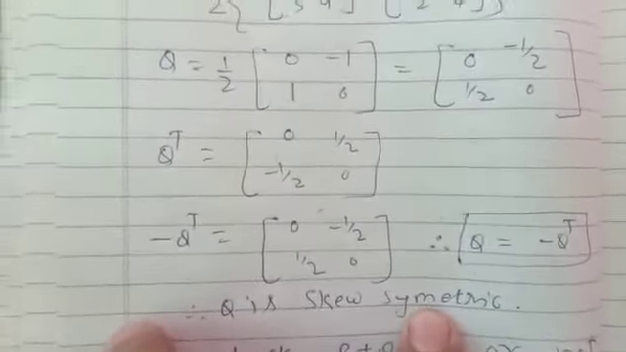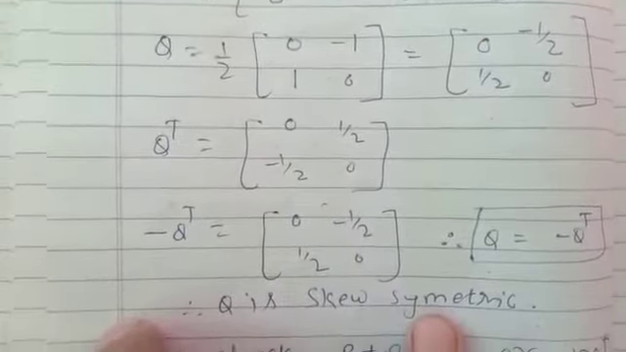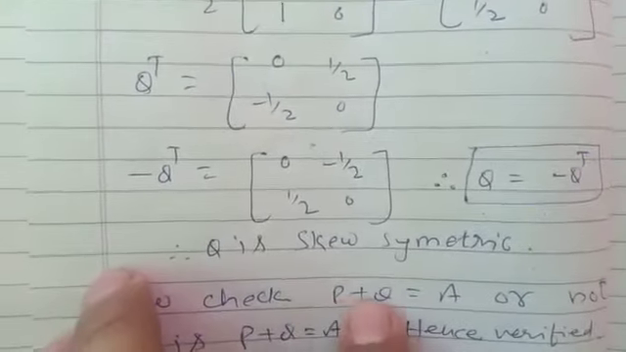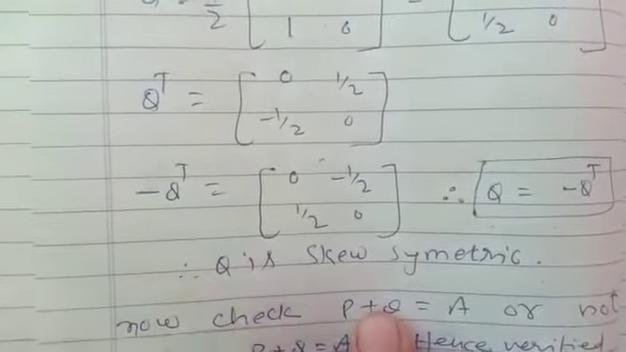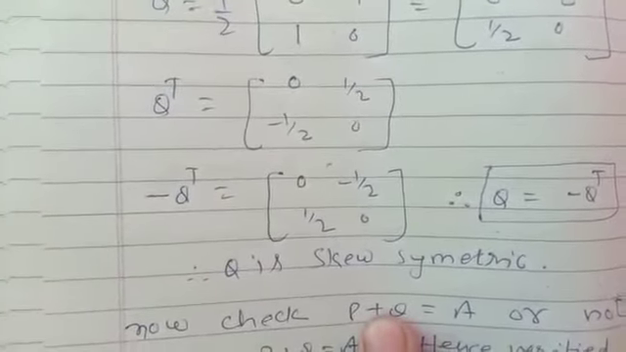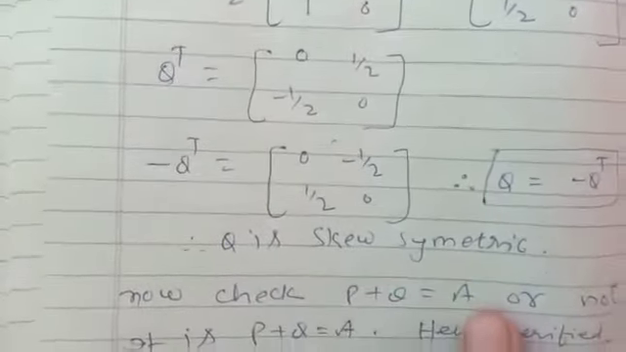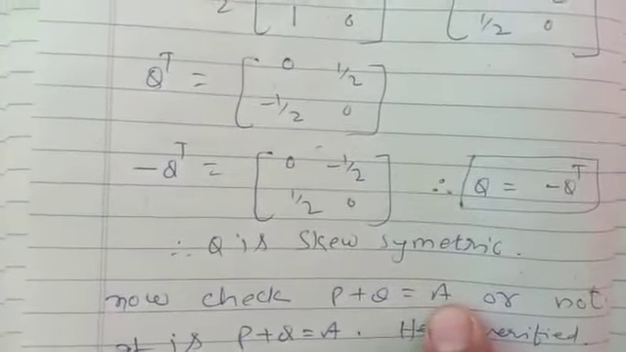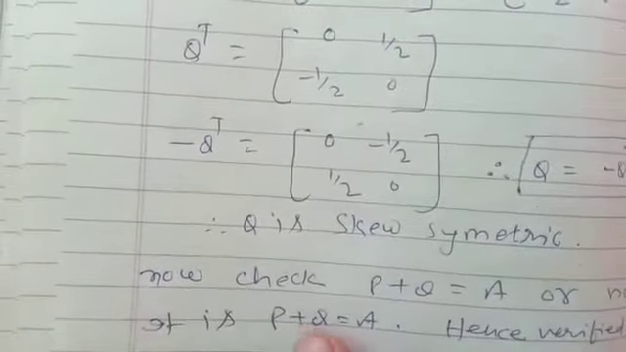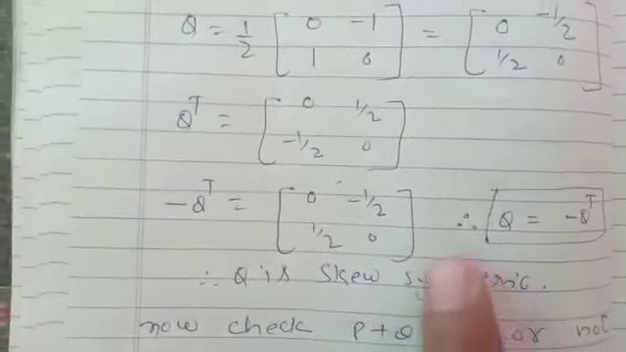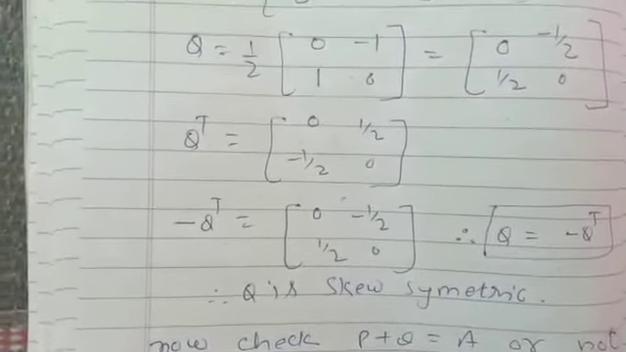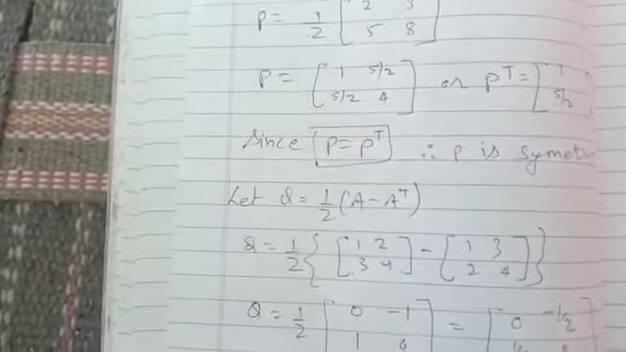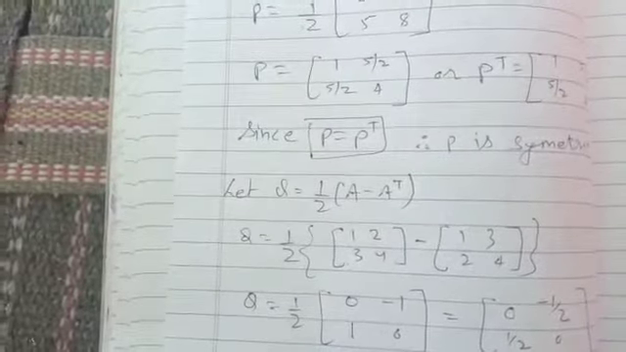Now we have to add matrix P and Q, and by adding we want to know whether it is equal to matrix A or not. Definitely it will be equal to matrix A, hence verified. So this whole procedure is used to do the question based on this. This is the question based on matrix 2 by 2. You can apply this procedure